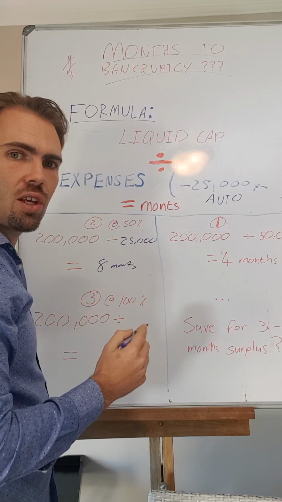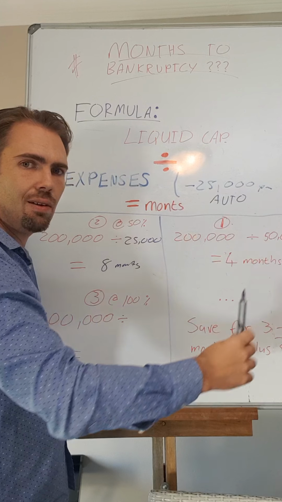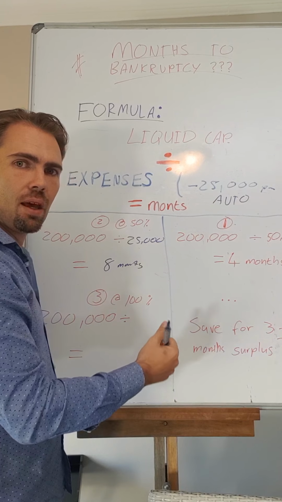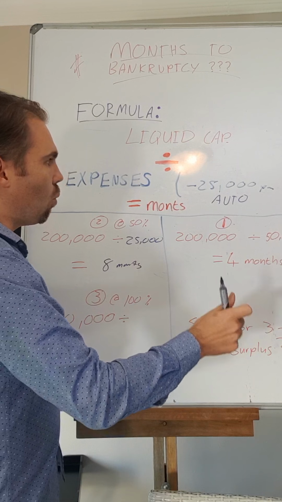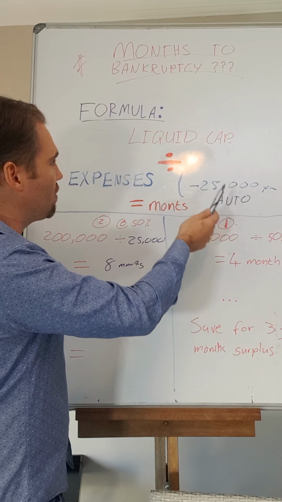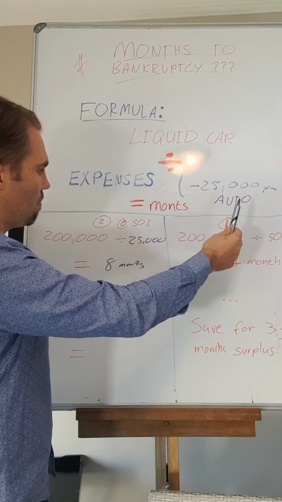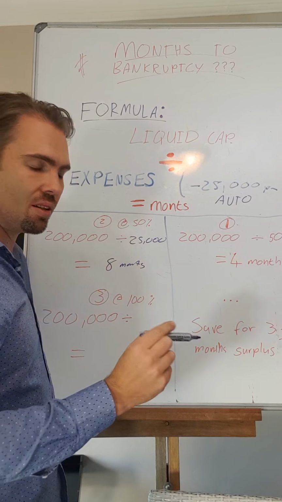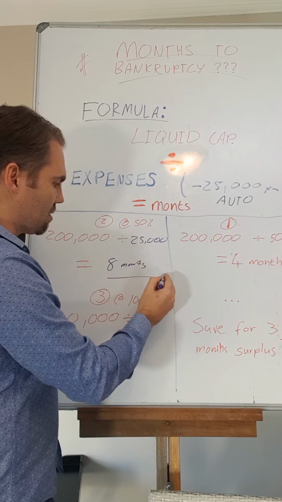Okay? So here's another way. Other than trying to accumulate and save and go against the inflation, try and save for a lump sum that depreciates with time, why not generate an automated income of 50% of your expenses or more, but just as an example, and suddenly your solvency rate, your months to bankruptcy, has increased, has doubled from 4 months to 8 months.